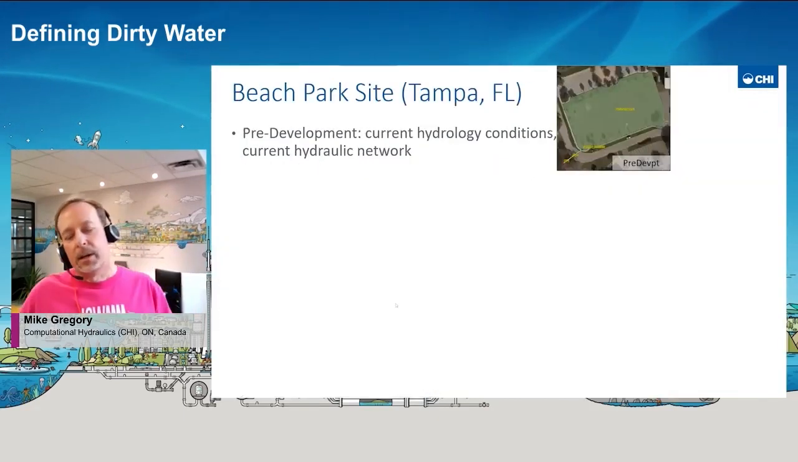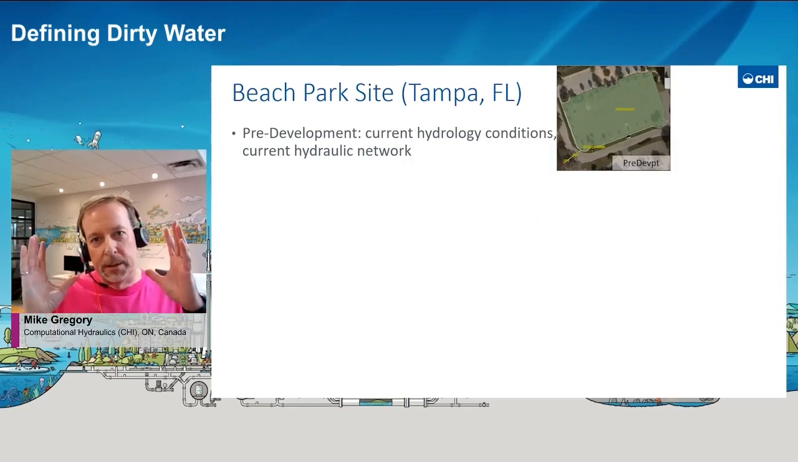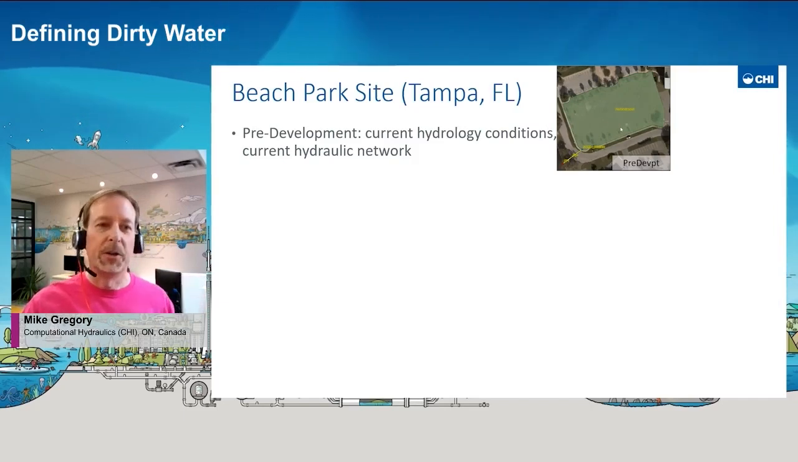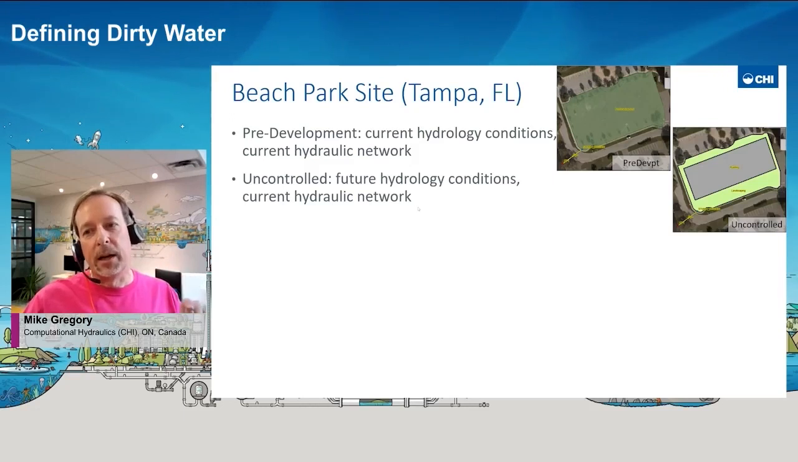Okay, so the first case study is a development site, a small development site. Here's what it looks like a few years ago. So it's the current hydrology, the current hydraulic network, pre-development, we'll call that. Now, with that current hydraulic network, just a simple pipe to dump it into the bay,